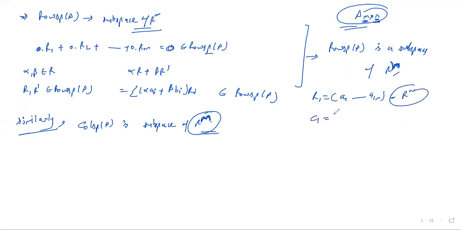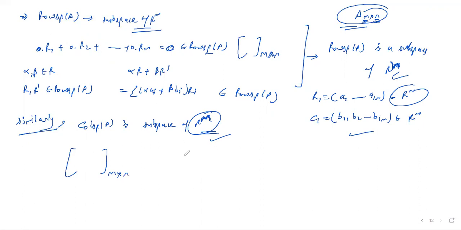And if I take the column vector, b1 to bm, this belongs to R to the power m, since the matrix is m cross n. That's why we have R to the power n and R to the power m. Then you can easily see that the column space of A transpose